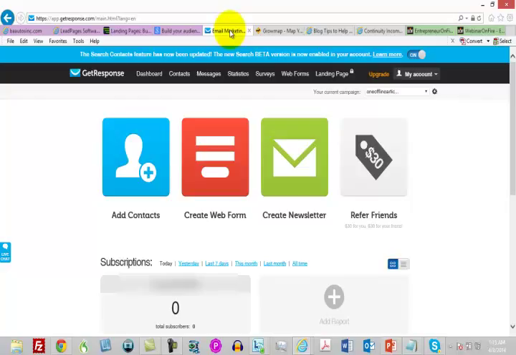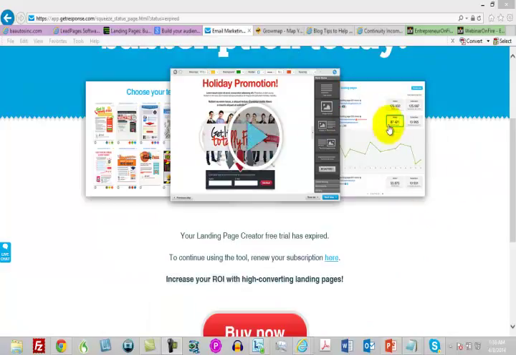Now, you're looking at Get Response right now. There are several available. There's Aweber and iContact and lots of different autoresponders available. Get Response does have a free trial. One of the benefits that Get Response has is that they've got built into their pricing a landing page feature that will allow you to build landing pages with ease and at a rather affordable price. I think it's $15 in order to build landing pages where you can use Get Response to do that, and it's going to tie directly into your